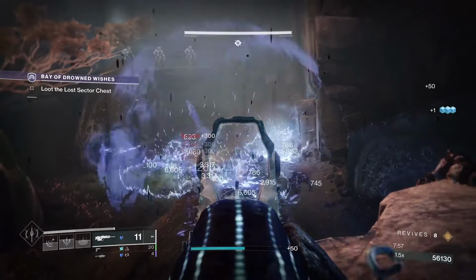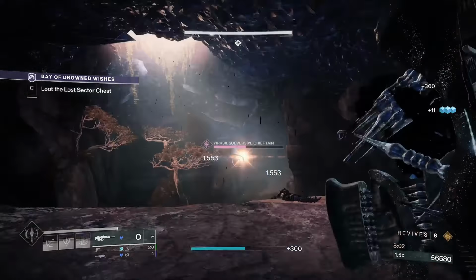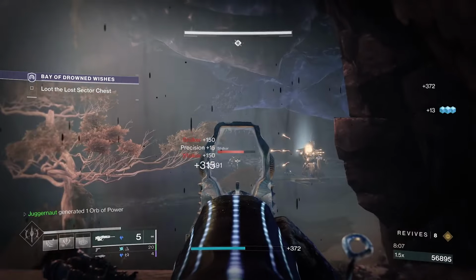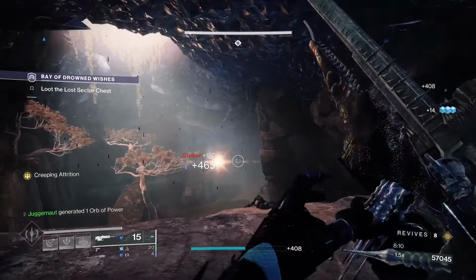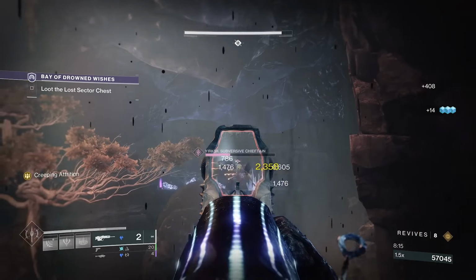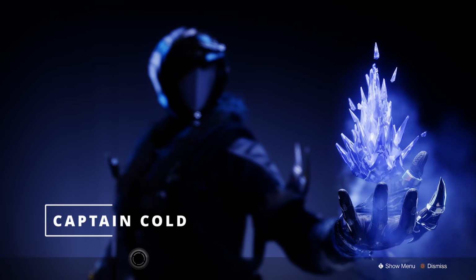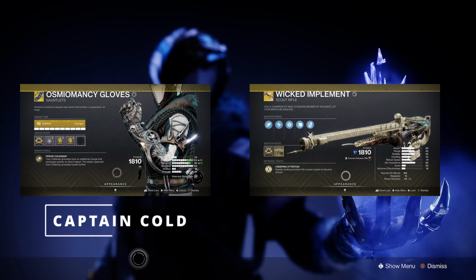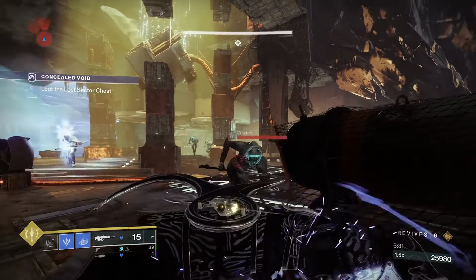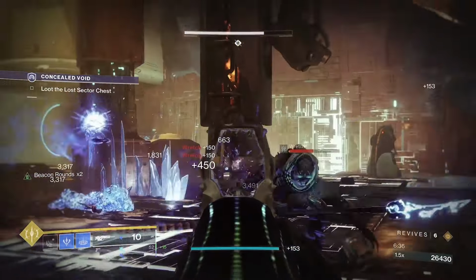The Shadebinder is the Ice Mage subclass, and may be the most underrated build on this list. Shadebinders don't help their teammates by healing them, but by controlling the field of battle. This is chiefly by using the aspect Bleak Watcher, which allows us to charge our grenade and create a stasis turret that slows and eventually freezes targets. Our build is Captain Cold and combines the Osmiomancy gloves with the Wicked Implement exotic scout rifle. Osmiomancy gives us 2 cold snap grenades. When we combine this with the Bleak Watcher aspect, we can drop 2 stasis turrets at a time and blanket